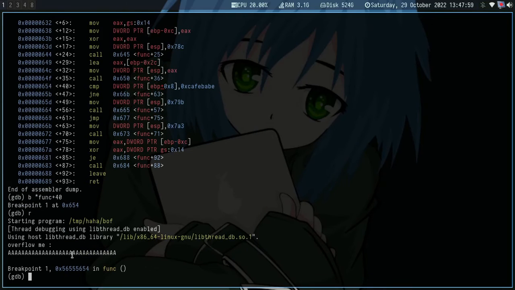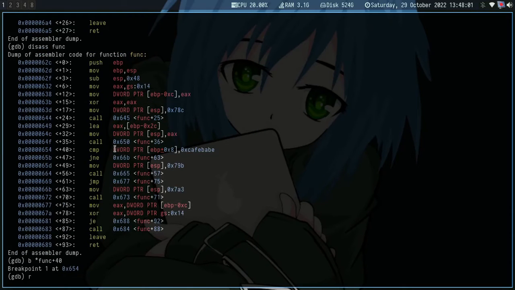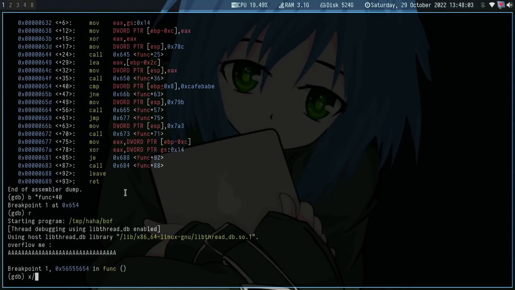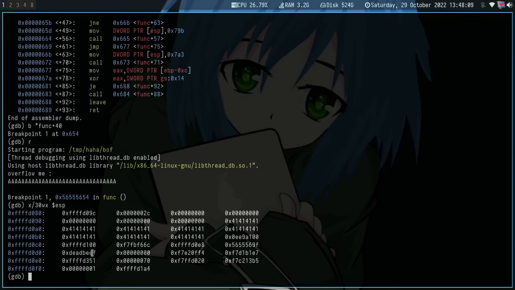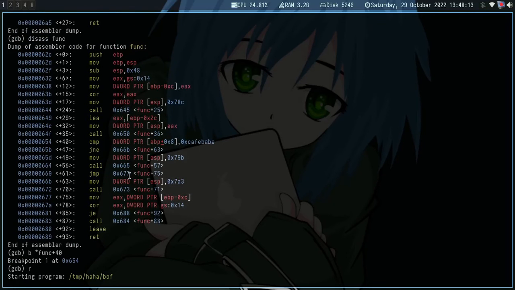Yeah, exactly. So what we can do is view the stack, 30 words from the ESP, and we can see hex deadbeef is here. Also you can see EBP plus hex 8. This means that the value is in another function frame, because EBP minus means that this is a local variable.